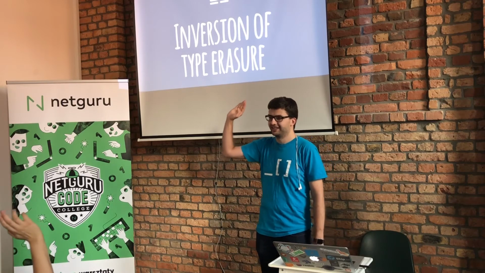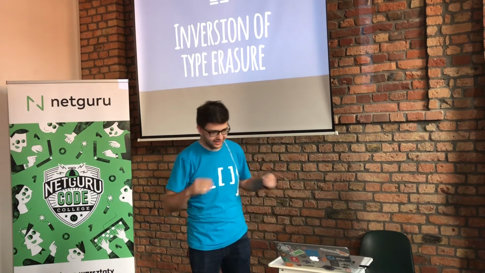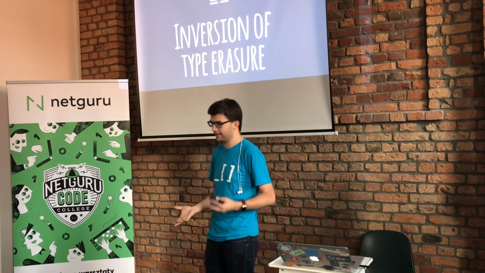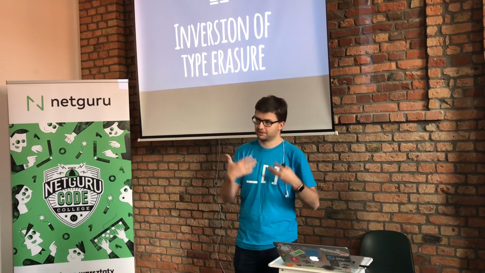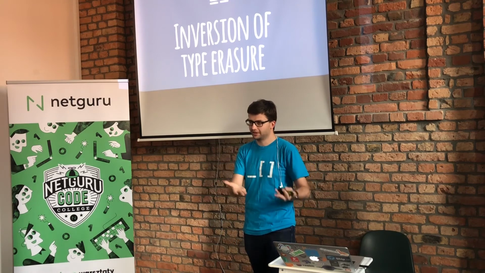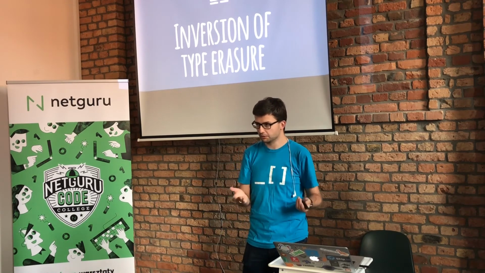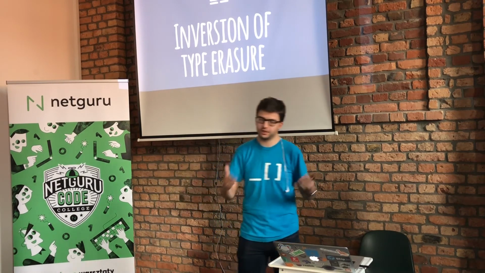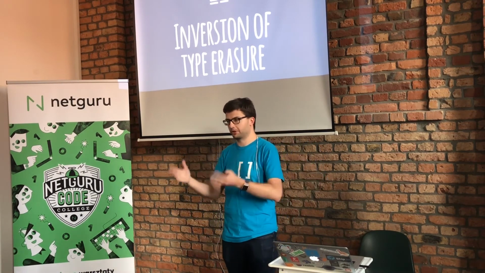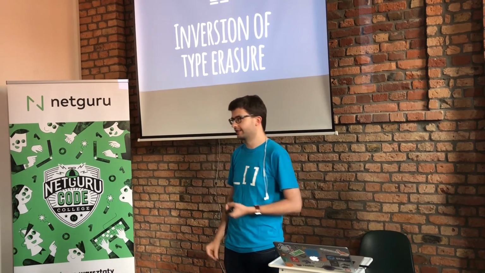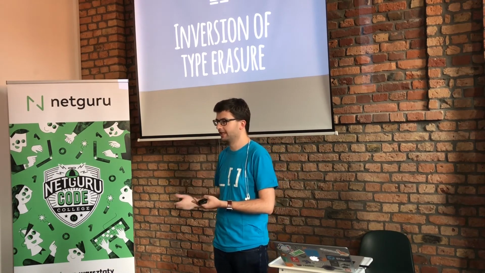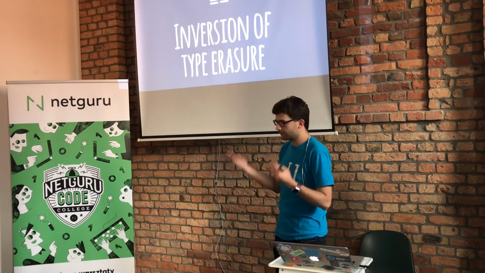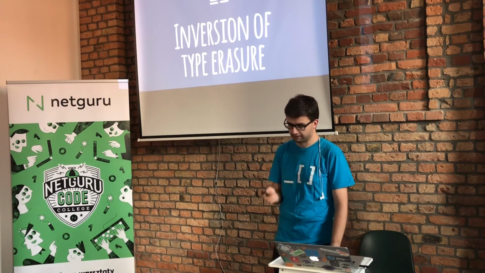Raise your hand. Okay, so I will just quickly introduce that without any slides. Type erasure is basically when you have protocols with associated types, and you want to provide some container, again, for storing the instances, so that you can have them as a field in your classes, for example, as properties. Because you cannot just say that you want a property of protocol with associated types, because it then says that it cannot be used here, since it doesn't know how big it is, because of those associated types construction.